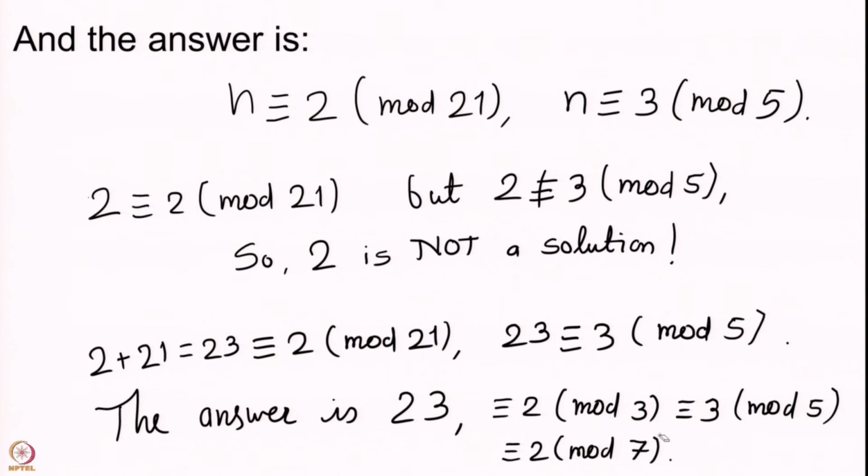This was an impromptu method to solve this very special equation, but we need a result which will guarantee that whenever we have these things there is always a solution. So, what was one special thing here? We had 2 mod 3 and 2 mod 7 and immediately we jumped to 2 mod 21. The reason for that was that 3 and 7 were co-prime. There was no common prime factor for 3 and 7.